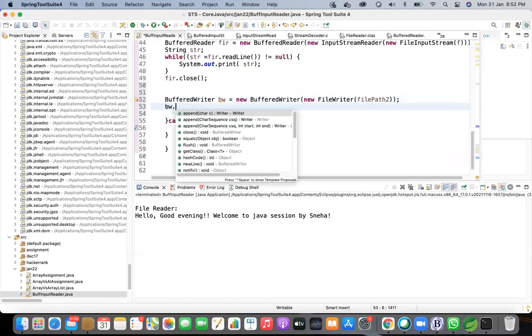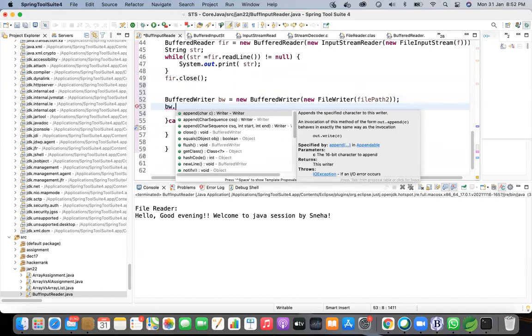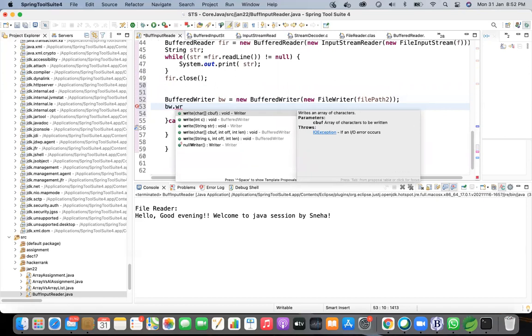Yeah, pw dot and the write method. If you see in the write method, you can either pass a character array or a string or an integer. Earlier we were just passing a byte array in the case of streams, so you had to convert everything to bytes and then upload, right? Whereas here you can just directly pass the data. You don't need to do that other work.